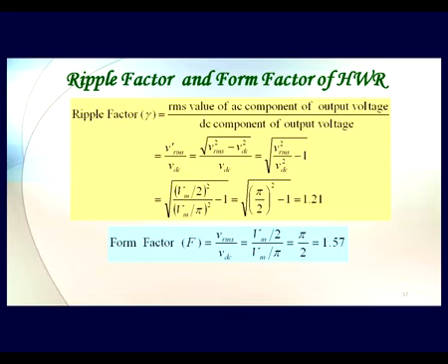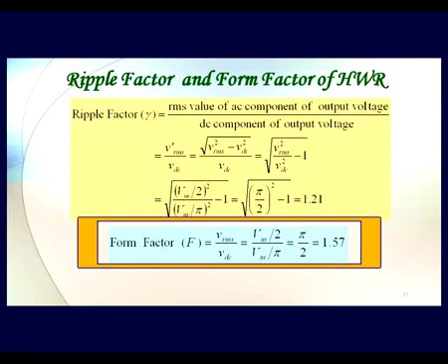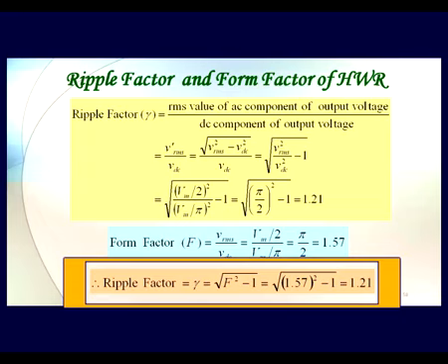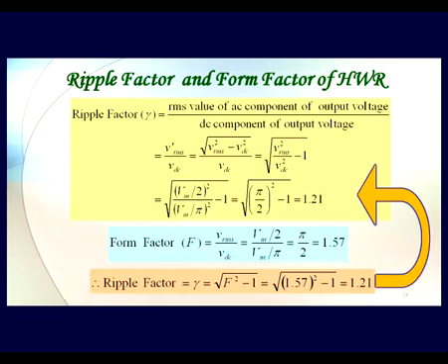There is another factor that is also characterized as the rectifier, and it is called the form factor. Form factor is simply the VRMS upon VDC. VRMS upon VDC is Vm by 2 upon Vm by pi, that is pi by 2 is equal to 1.57. And if you substitute this in the ripple factor, then gamma turns out to be under root of form factor square minus 1. If you put these values, you turn out to get the same ripple factor that I got from the calculation of the RMS value of AC component. So if you don't want to do the RMS value of AC component, you can always go through the root of ripple factor in form of form factor to arrive at the same value.